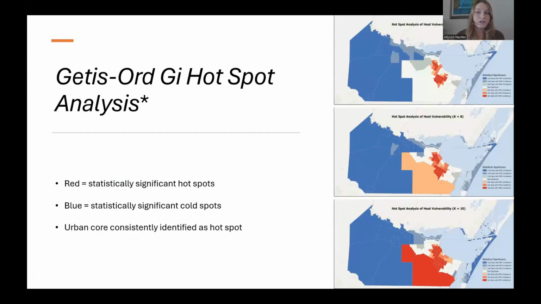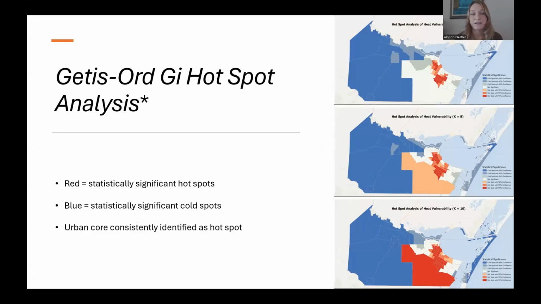Getis-Ord Gi* analysis was then conducted to identify statistically significant local clusters of elevated vulnerability. Hotspots were concentrated primarily within the urbanized portions of Corpus Christi, while the cold spots dominated the western and peripheral regions. And as the neighborhood size increased from k equals 6 to k equals 10, k equals 6 is at